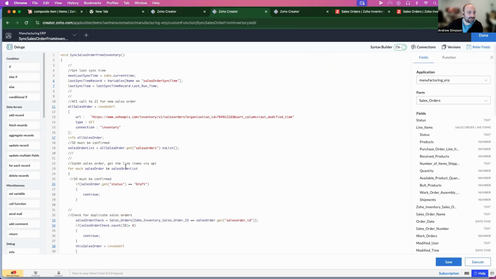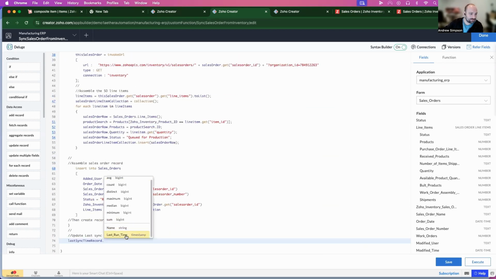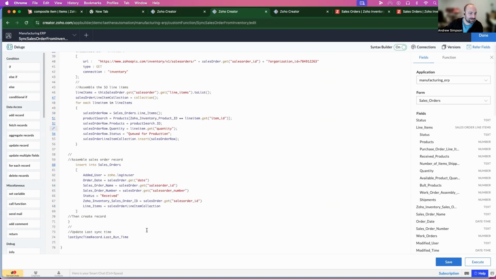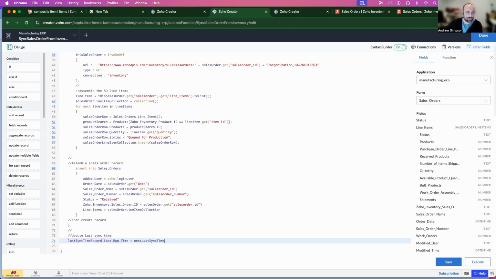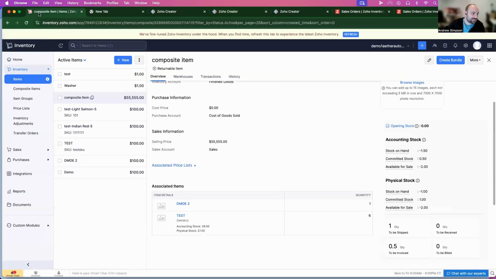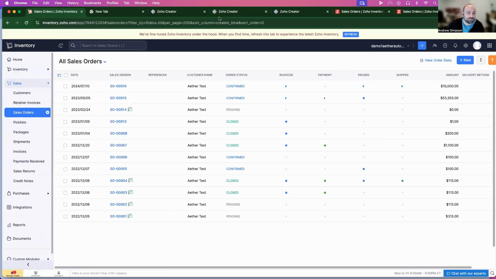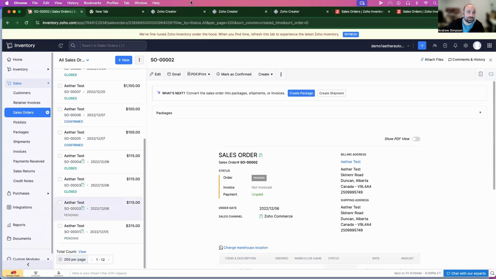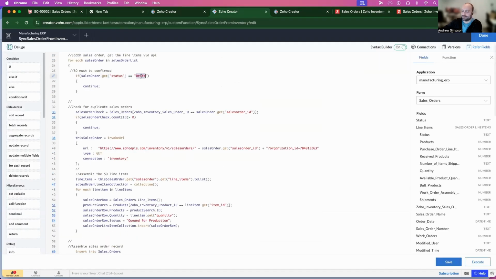So this would create the record, and then the last thing we want to do is copy from the other function that we already had. So last sync record dot last runtime is this thing right here equals boom. So I can click save, and I'm going to actually check to see if we have any sales orders in my test data. We have a lot. Oh, and the status is pending. Okay, so we're going to change this from draft to pending. So now when I click save and I execute it,